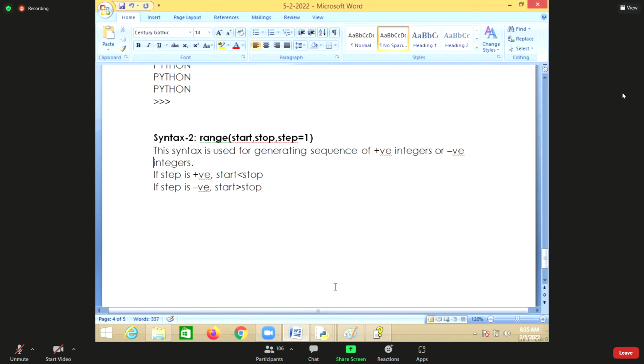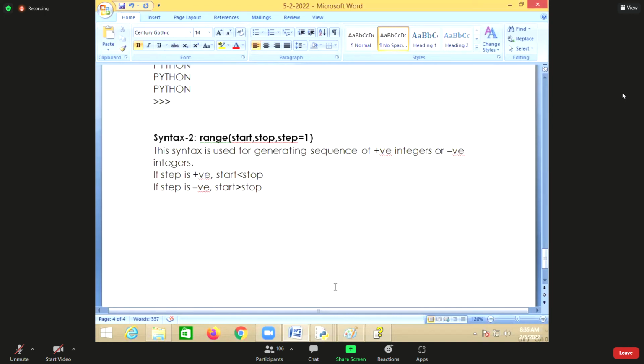Whenever you create a range, you want to generate values from where? Ascending or descending? In increment order or decrement order? If you want increment order, then the step should be positive, and the start is less than stop. If it is negative, then the start is greater than stop.